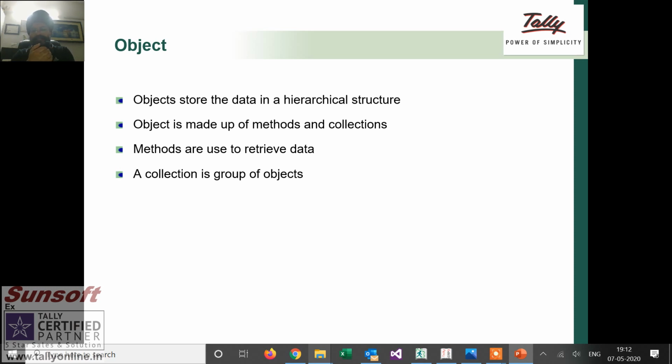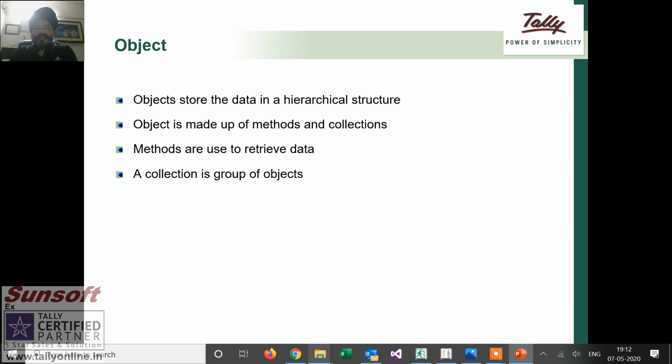So in MySQL, SQL or any RDBMS that you use, in a relational concept, I am explaining that an object is a row of a table, a method is a column, and a collection is a table basically.